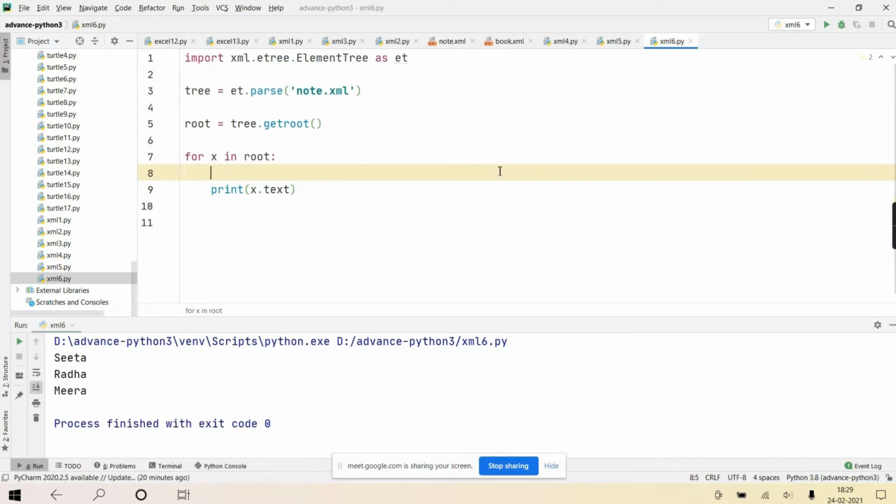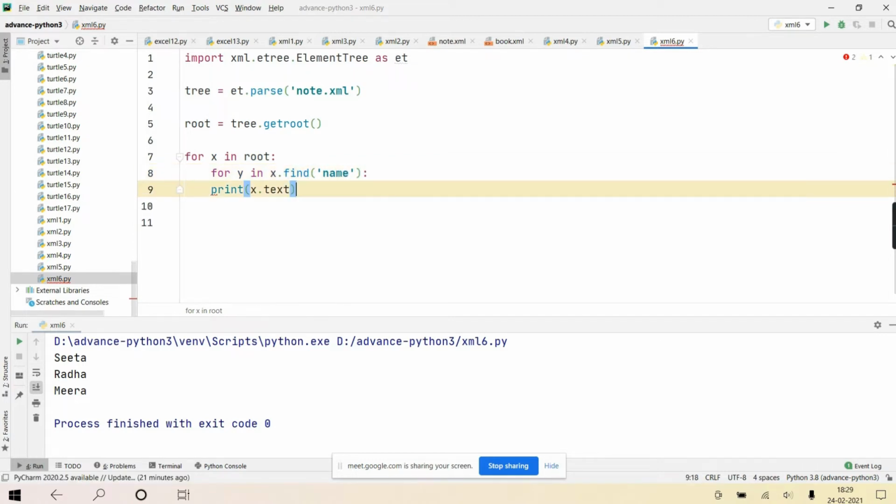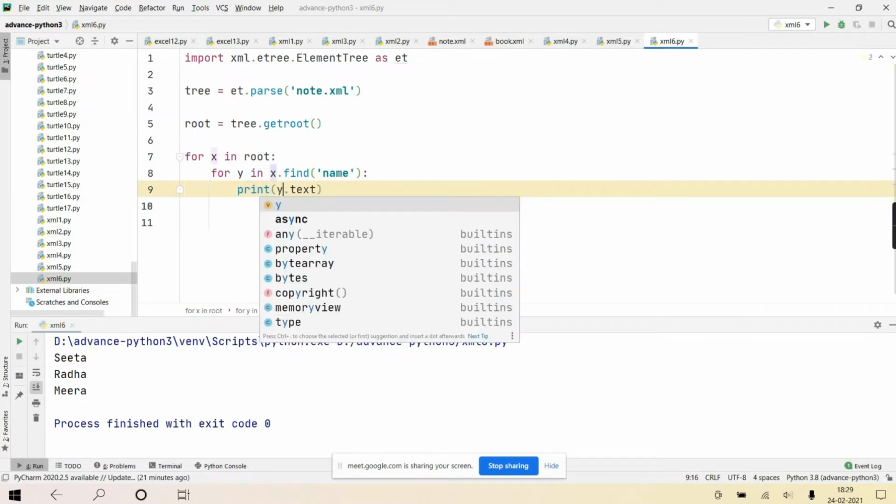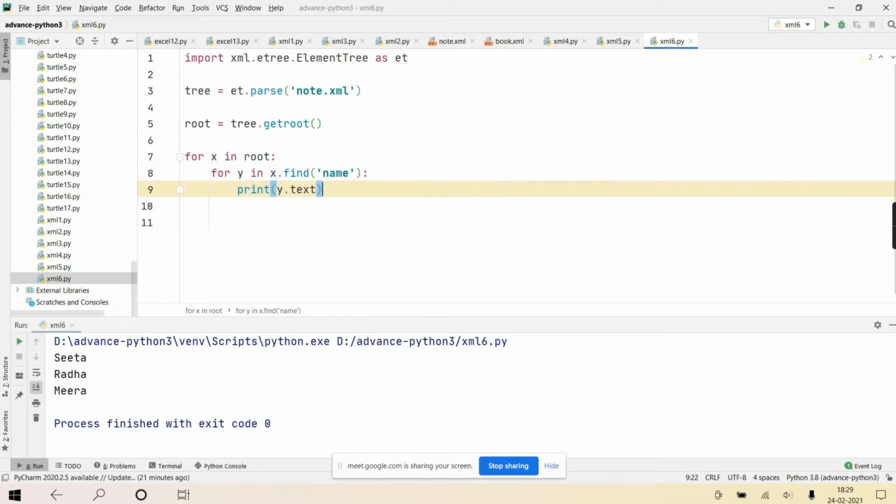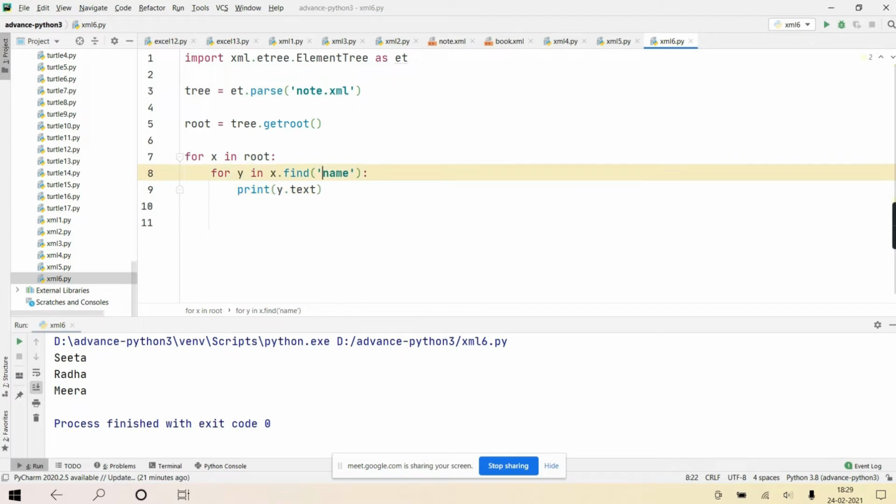Yes, sir. Now again, inside that I'm writing for y in x.find('name'), and then y.text. Actually x.find('name') did not need to be in a for loop because it returns only the first child.